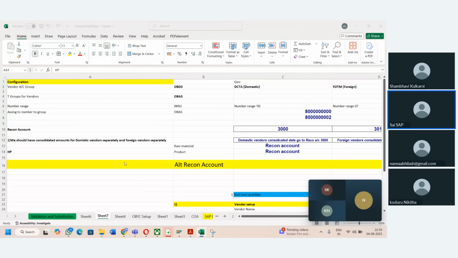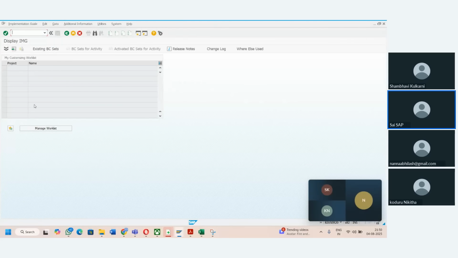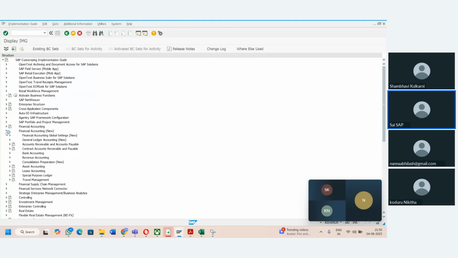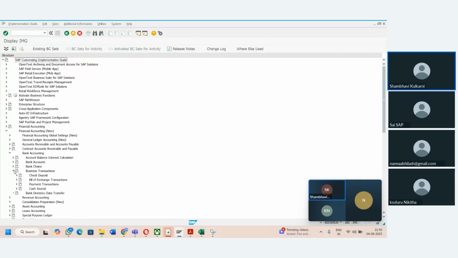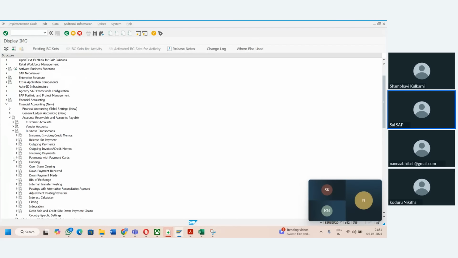Okay, so financial accounting new bank transactions. Say, can you add the T code in one session? Okay, I will mention in the document. Okay, or else here also you can find